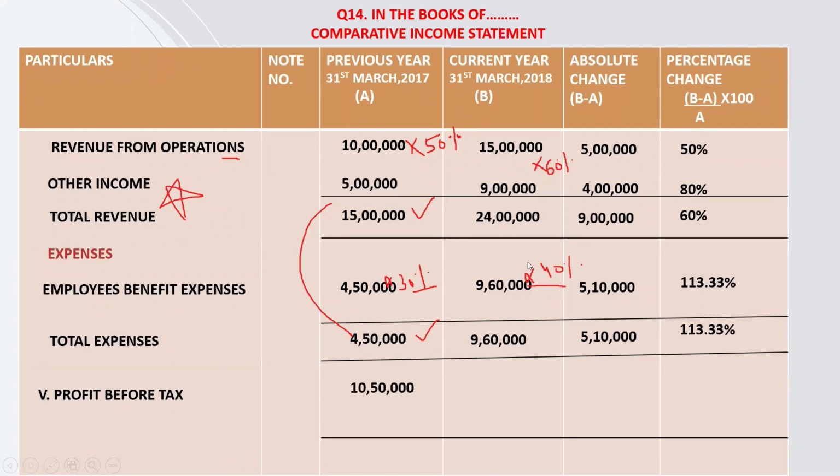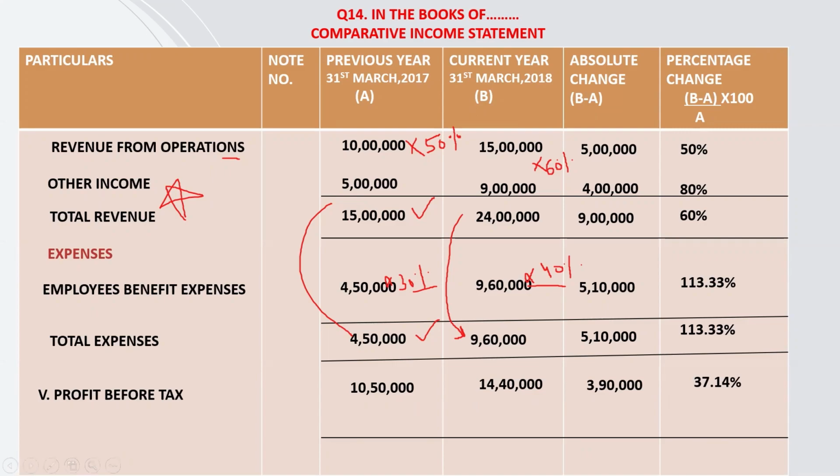Now, similarly for the current year, from this 24 lakh, we will subtract this 9,60,000 to calculate profit before tax, which stands at rupees 14,40,000. The difference of 14,40,000 and 10,50,000 is 3,90,000. Now this 3,90,000 when divided by 10,50,000 and multiplied by 100 will give the percentage change amounting to